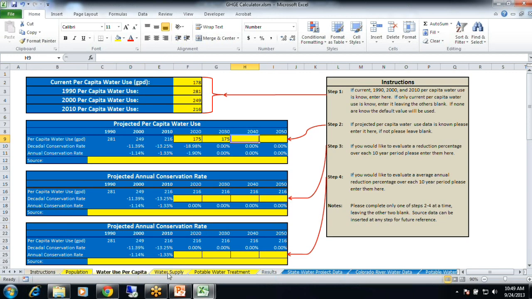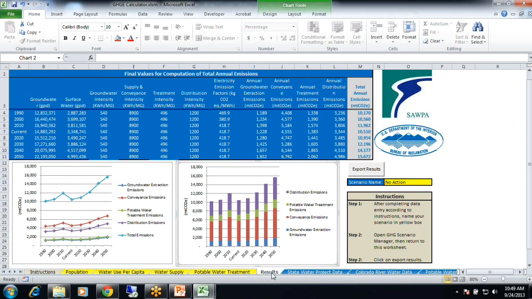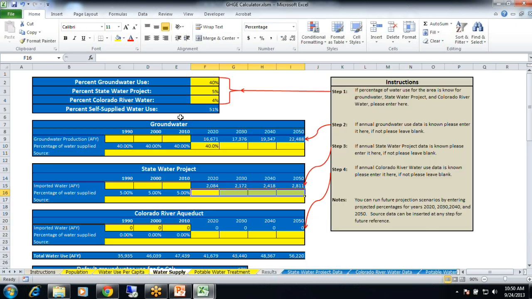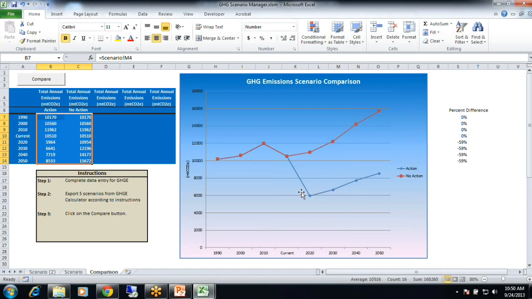You could use the per capita water data for the entire watershed and the water supply portfolio for the entire watershed. Then you have to evaluate what your reduction is going to be for that percentage and then do a weighted reduction for the population compared to the site-specific area. So it's a little bit more complicated, but it's totally doable, and then you put in the reductions the same way in the water supply portfolio, and then you'll see a much, much smaller percentage reduction in your scenario comparison.